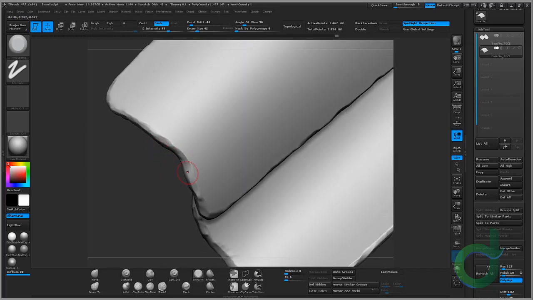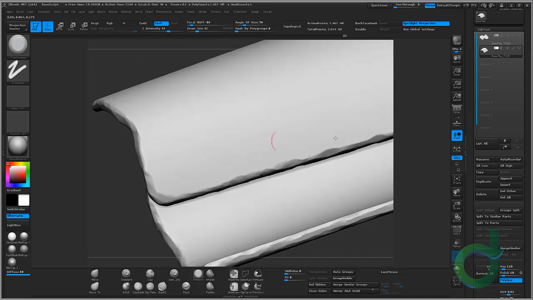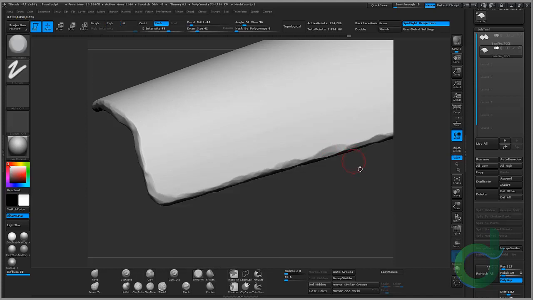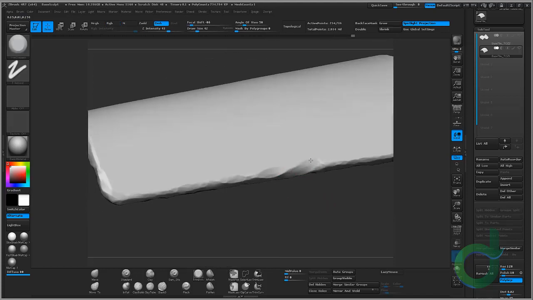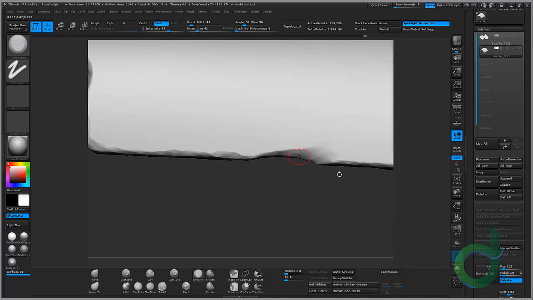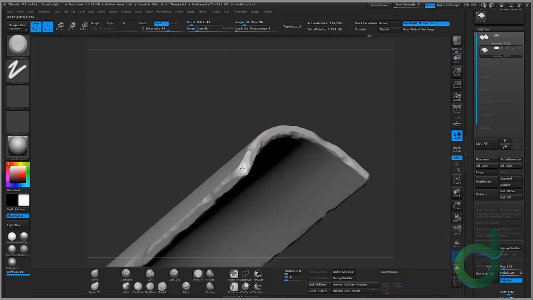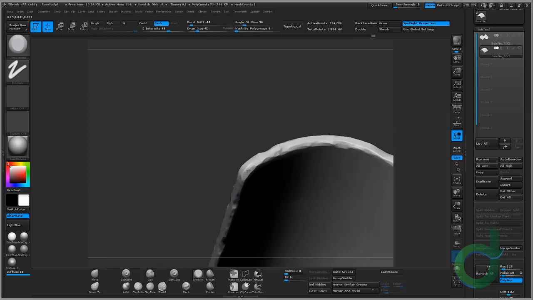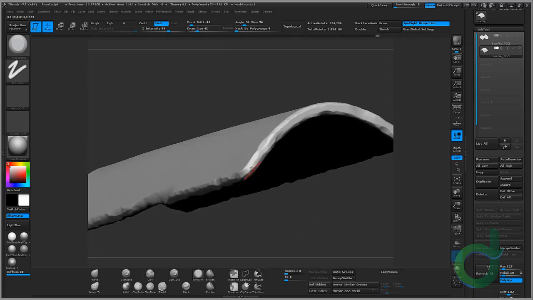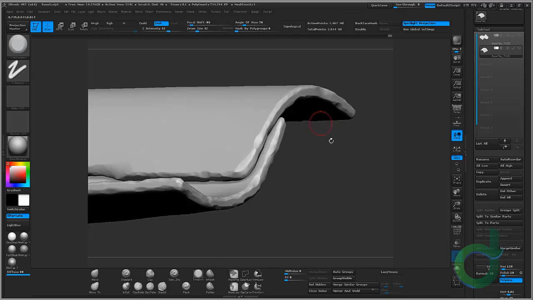So for example, this was a bit too strong, so I'm now just blending it out a bit more. Ctrl Shift, and in here I just want to make this damage slightly bigger. There we go. Corner a bit nicer looking,